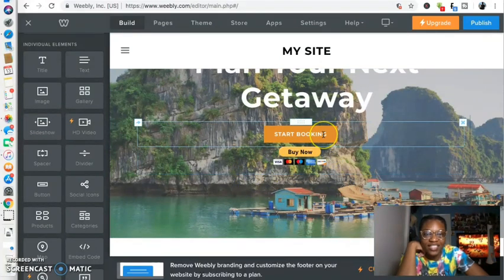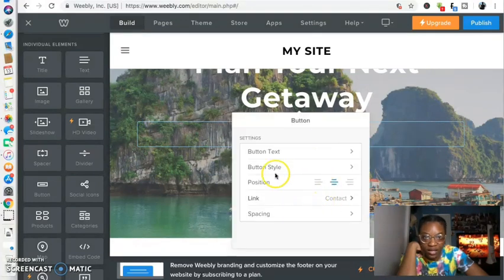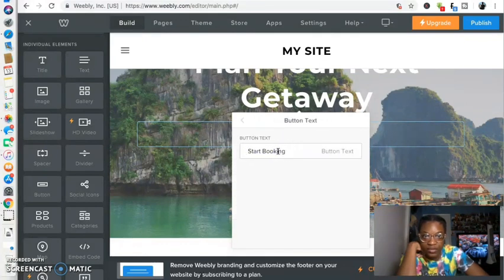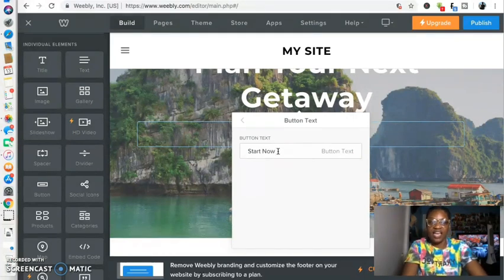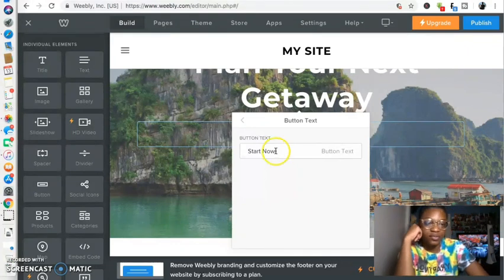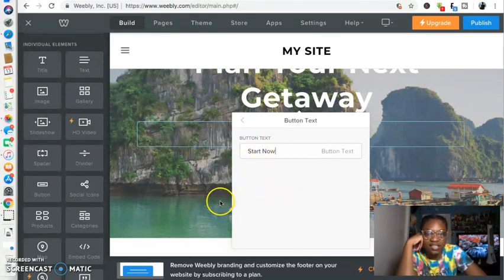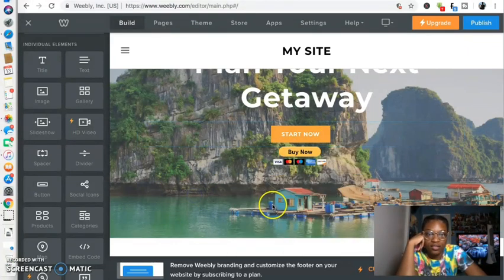Alright, so let's say you had this button already. I would change what it says. Let's see, button text, start booking. Would I put start now, or start today, or sign up, or get started, anything like that. So got start now,